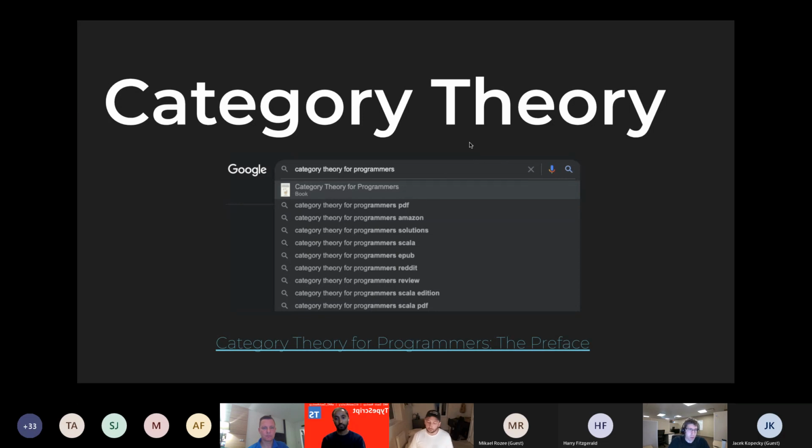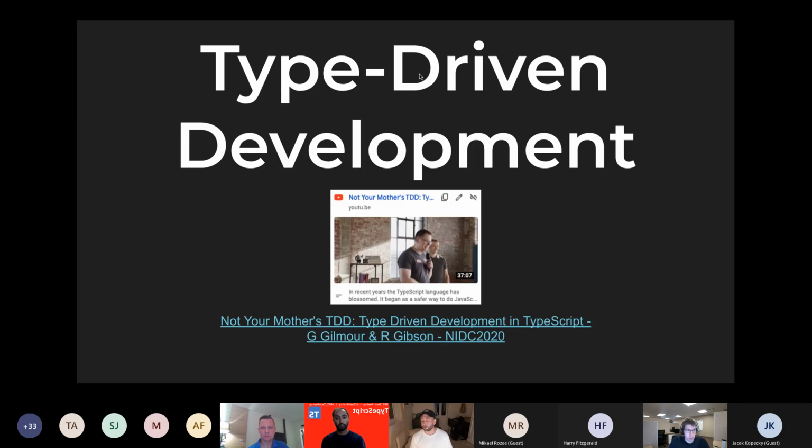Look up category theory, which informs functional programming, which is what I really want to explore, and the next logical step from that is type-driven development. In functional programming, we have pure functions and all of those things that have slipped into our vernacular as React developers, or perhaps anyone who writes a single page application. We're used to these terms of immutability and pure functions, which is why I believe TypeScript has gained so much popularity.